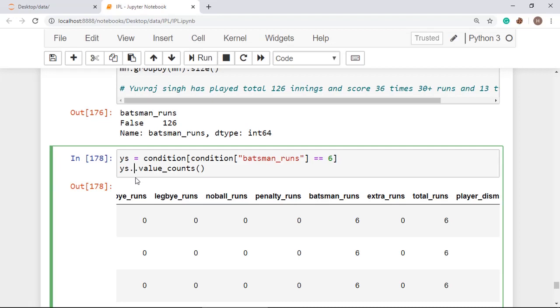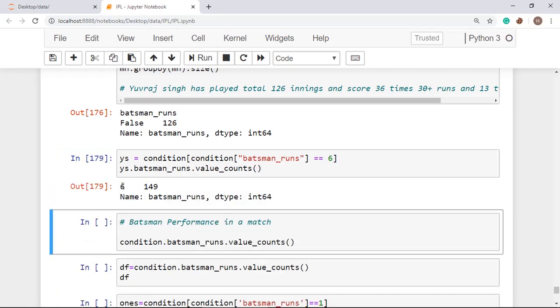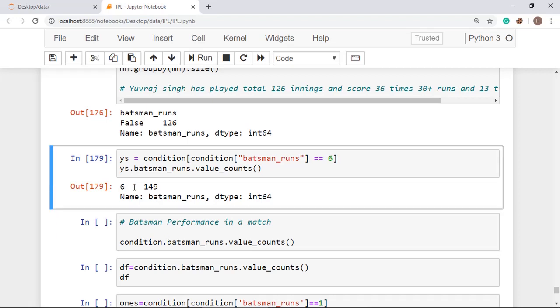All right, and how will we do that? Just pass here batsman runs, and we can see there are a total of 149 times Yuvraj Singh has scored this. All right, and when we do it for other players, we can also get that.